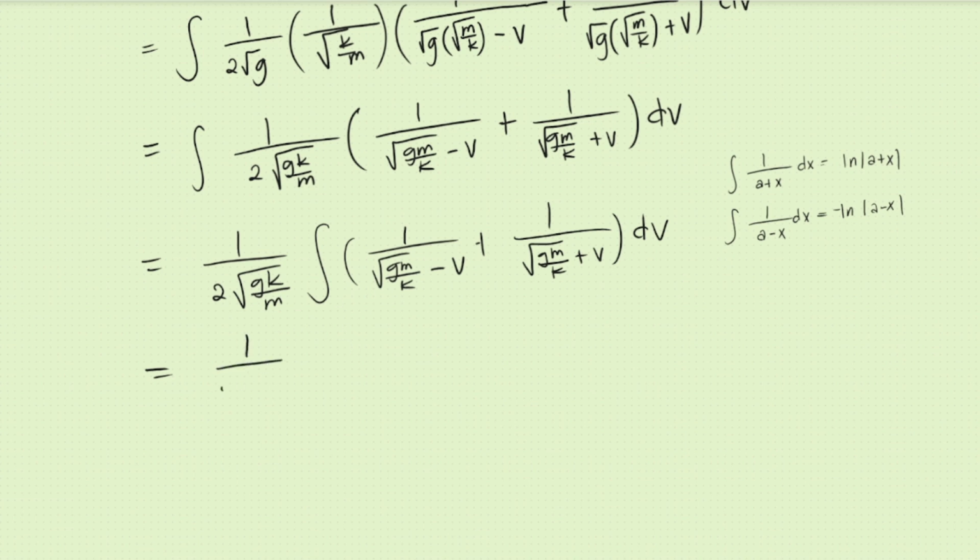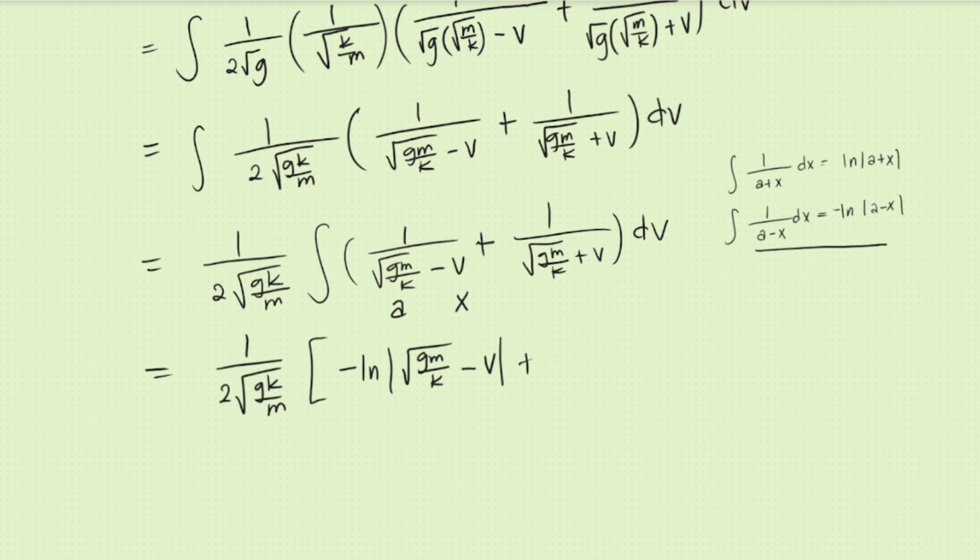That's 1 over 2 square root of jk over m. The integral of this, so we just imagine this as a and we just imagine this as x. So which formula do we use? This one. So that's negative ln absolute value of a minus x. Our a is square root of gm over k minus, our x is v, so we use that one,